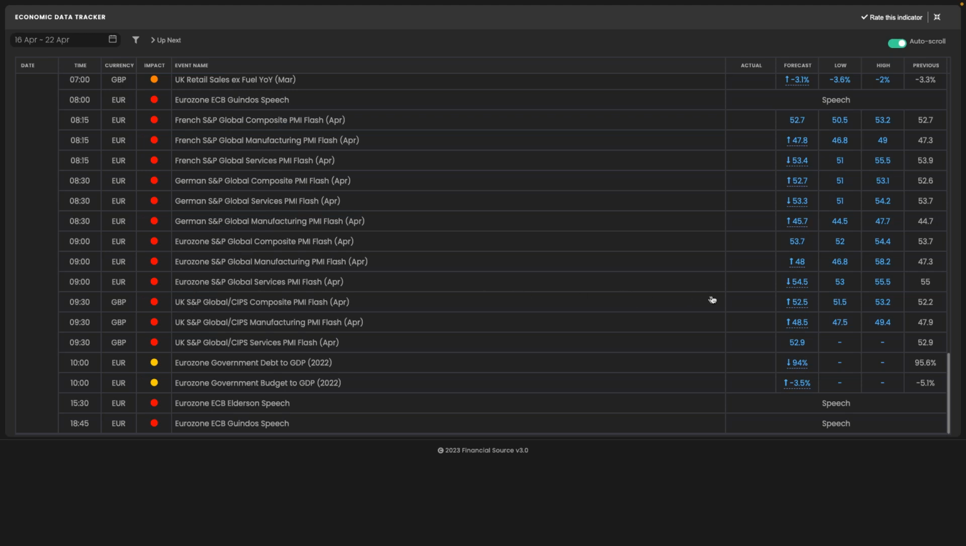So if that comes in above 53.2 and above 49.4, then you'd expect the euro pound to sell off rapidly. So what I'm looking for is a divergence between these two. Now, if we got the other scenario, say the Eurozone data came in really strong, I wouldn't look to pair